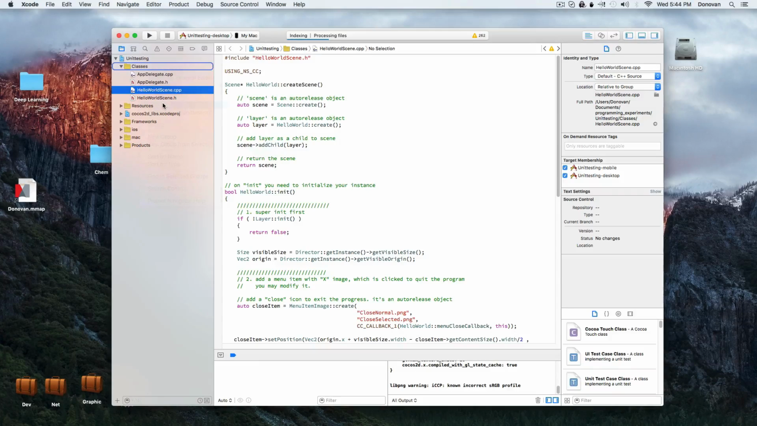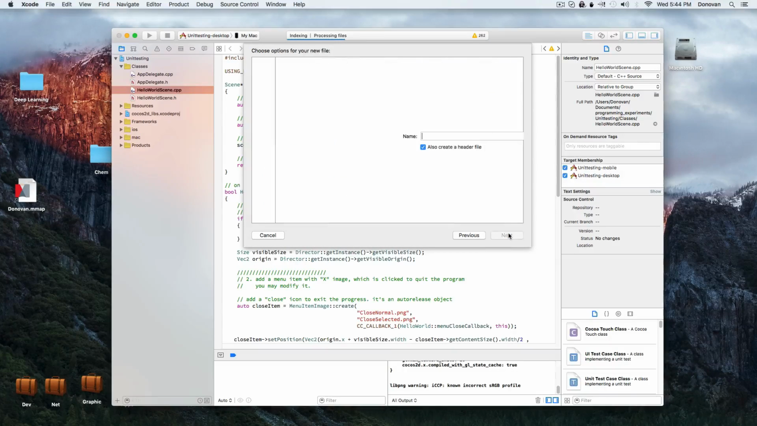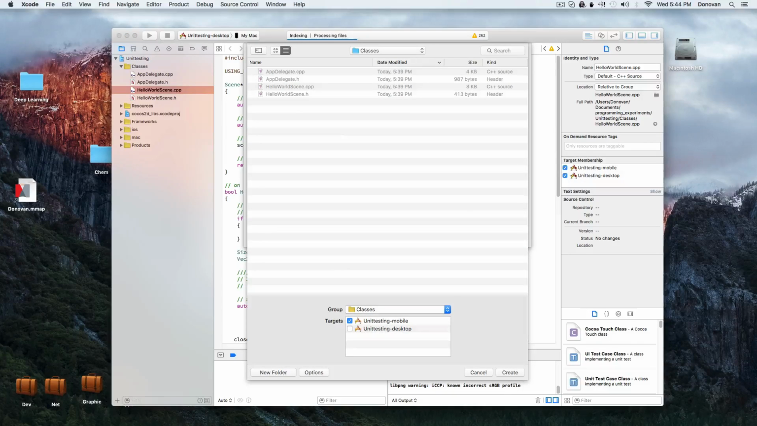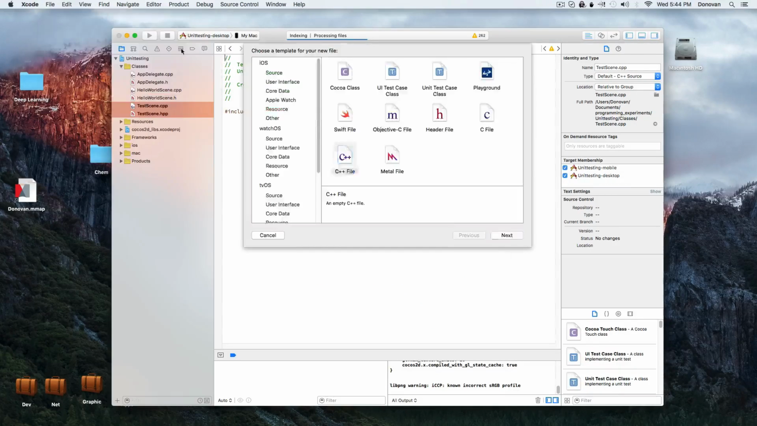All the unit testing is going to be done from the app delegate, but of course we need a second app delegate for running our test framework. And so first we're going to create this test scene, and we're going to make the test scene basically a duplicate of the Hello World scene, except we're going to remove most of the Hello World material from it because we need it to